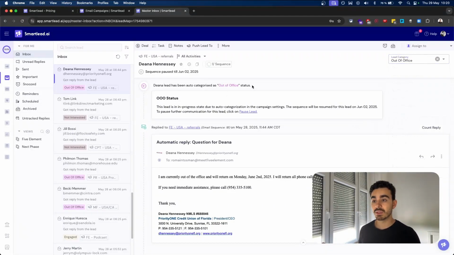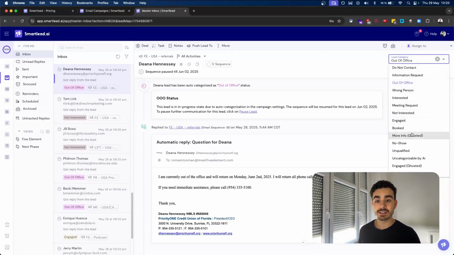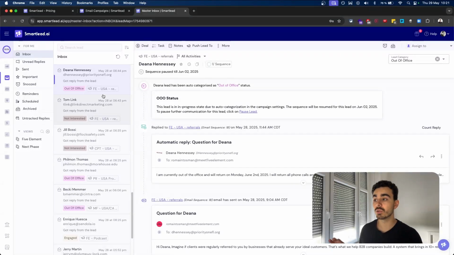So here it has been done automatically, but if for example this person replies and it's a positive reply, you're going to click here and assign it as interested or engaged. This engaged category, I've done it manually, but in general, people are putting leads as interested. And so, as I said, you're mainly going to use the inbox section here and unread replies, but also untracked